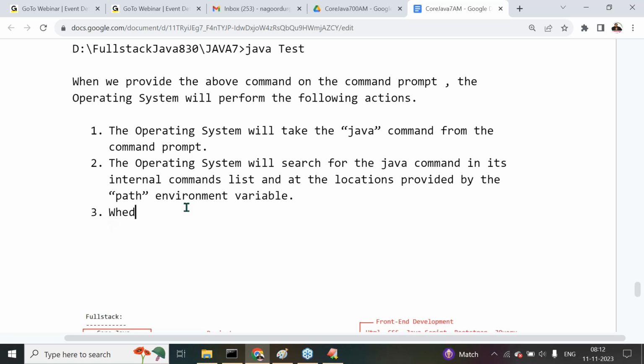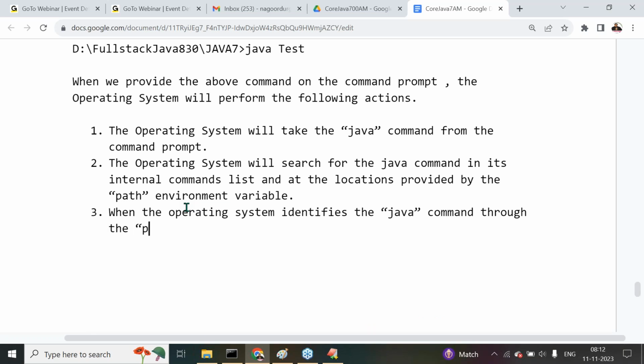Alright, now when the operating system identifies the Java command through the path environment variable provided locations,